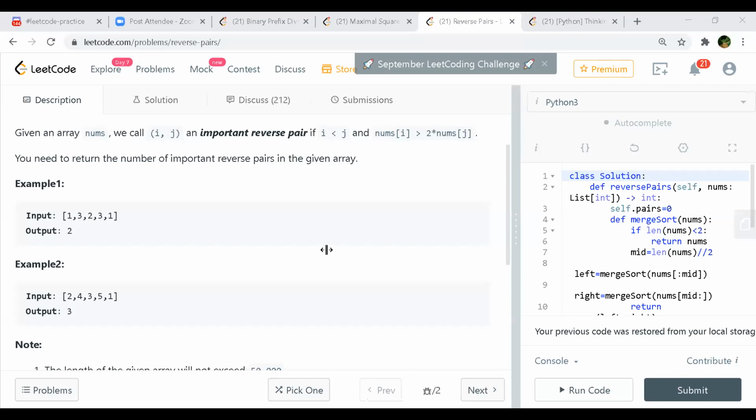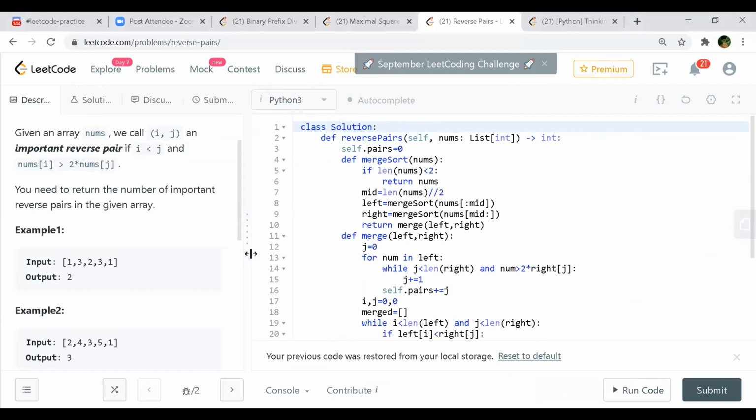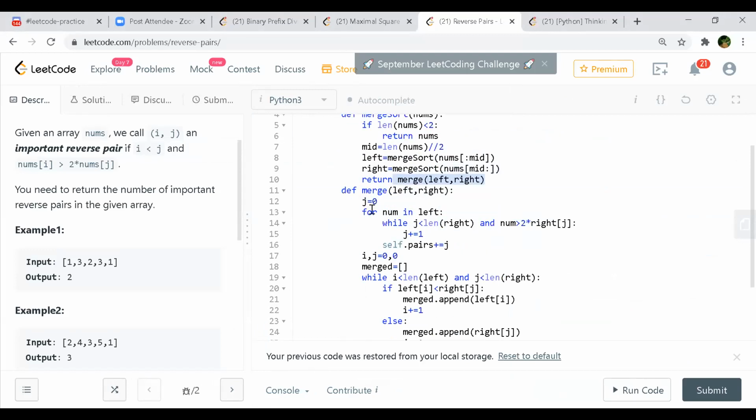I will share. On similar lines to what we have discussed now, this is a normal merge sort. If the total length of the array is less than 2, you just return that array directly. We calculate the mid of the array, and from the start to mid we pass it as the left array, and from mid plus 1 to the end we pass it as the right array. Then I pass them to a merge function, and this is the merge function that I've made.